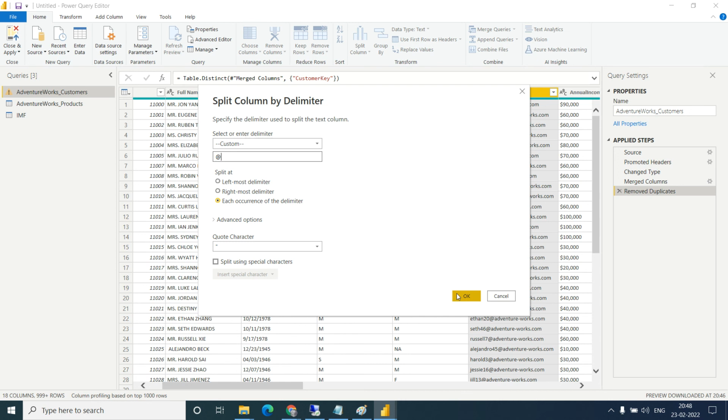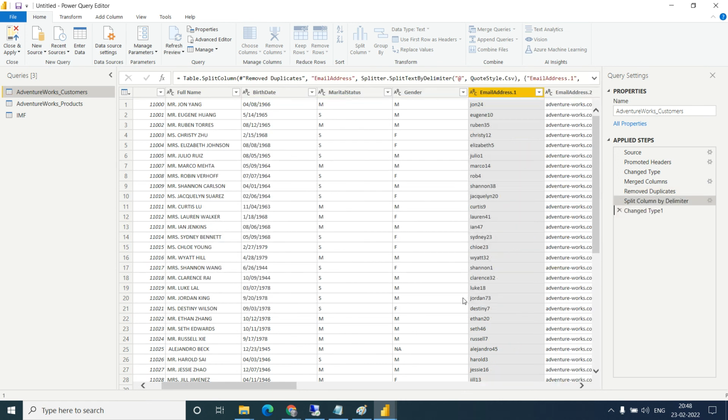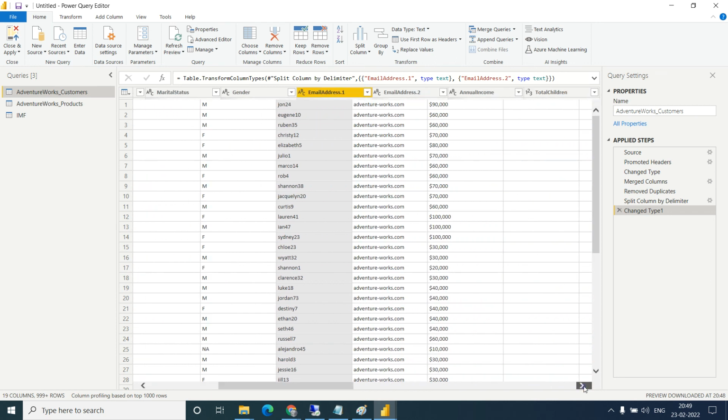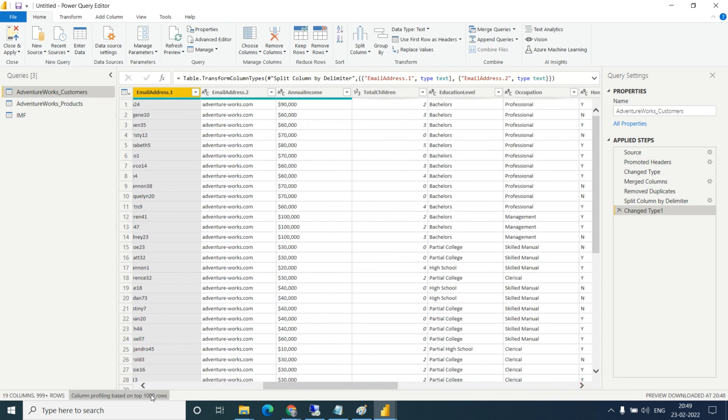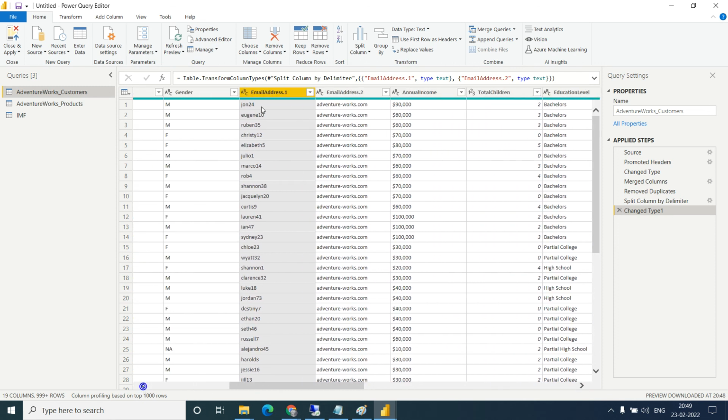Let's click on OK. Now you can see you got the email ID separately. See, email address one separately and this one. So you got 2 columns of the email ID, right? So this is the use of the split column.